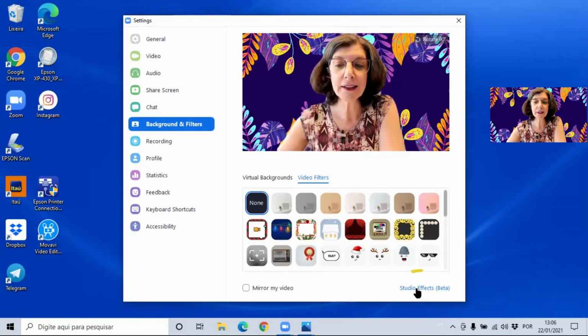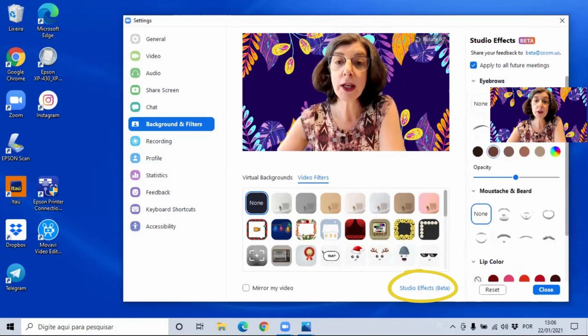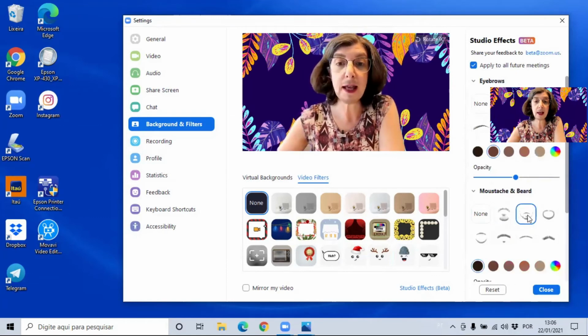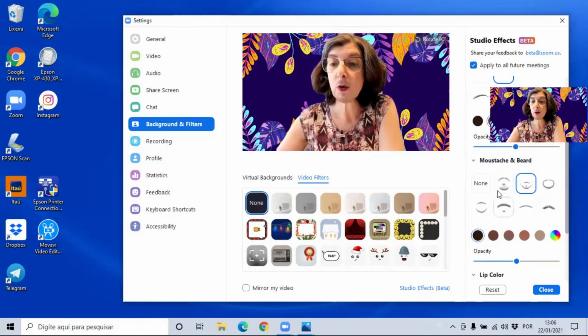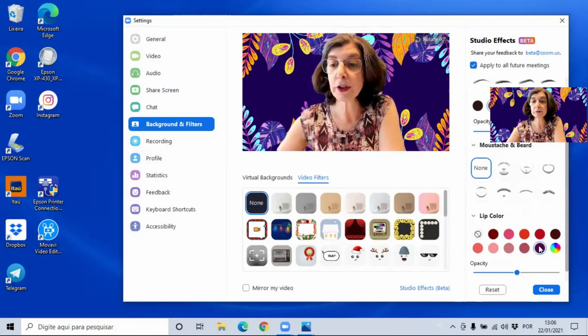And finally, you have here studio effects in this screen where you can change the shape of your eyebrows. You can add a mustache or a goatee, for example, or change the color of your lipstick, okay,